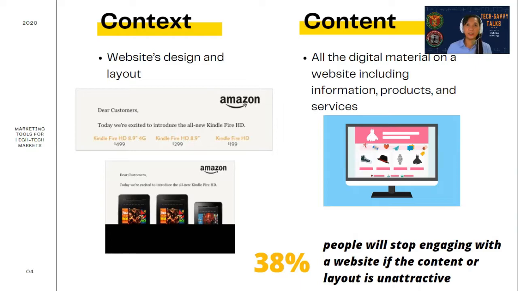So for example, Amazon just released their new Kindle Fire HD. At the upper portion of the image, it shows 3 versions that are available with a brief description and the price. At the upper portion, there are no images. So you have to carefully compare all the 3 descriptions to identify the differences. And still, there is no indication if version 3 is bigger or smaller than the other 2 with 8.9 inches.